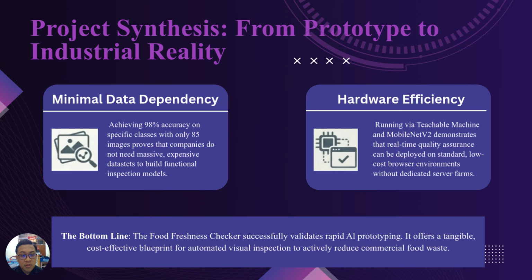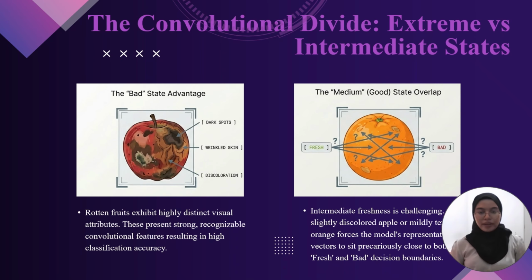The bottom line, the Freshness Checker successfully validates rapid AI prototyping. It offers a tangible, cost-effective blueprint for automated visual inspection to actively reduce commercial food waste. That's all. Okay, my name is Nurzati Izati and today I will present about the convolutional divide, extreme versus intermediate